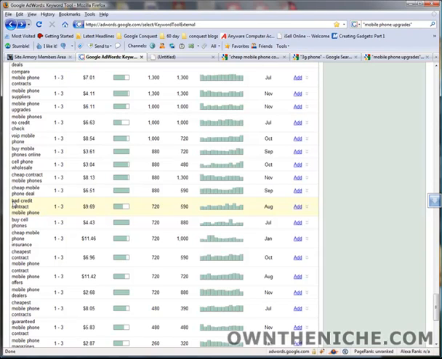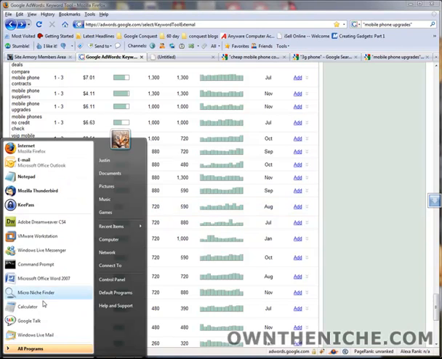Best idea is to go to an article website, see if there's anything about that. Quick research, write an article, shove it in there, do a little bit of your social bookmarking, maybe link a Squidoo page or a hub page or a wordpress.com page back to it, and you should start seeing your rankings for that keyword rise. Now, 720 searches a month on average doesn't seem like much, but when you work that